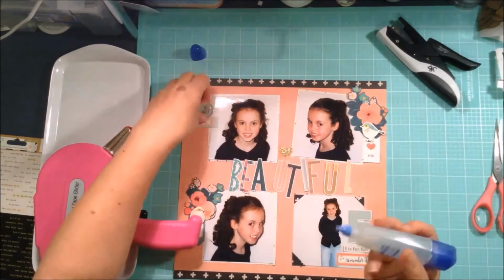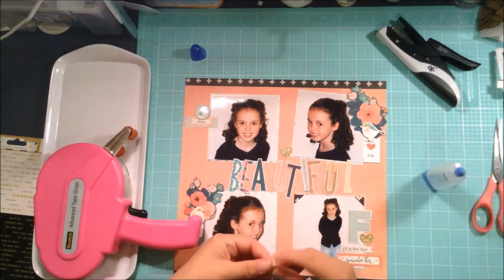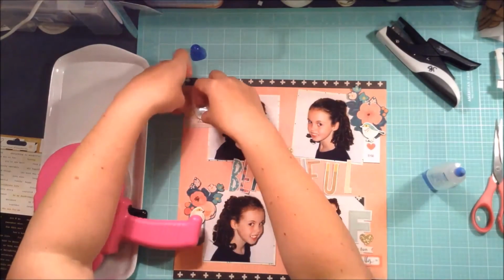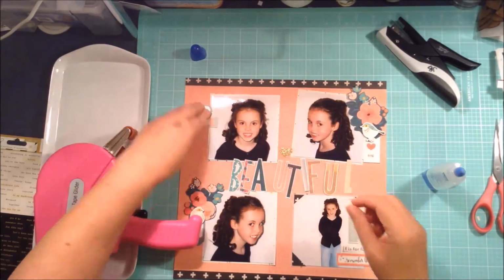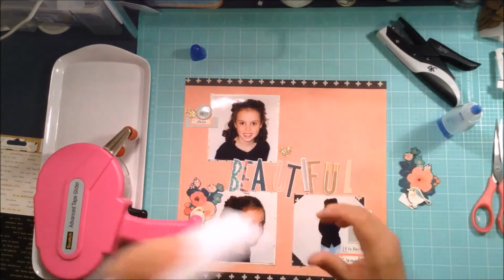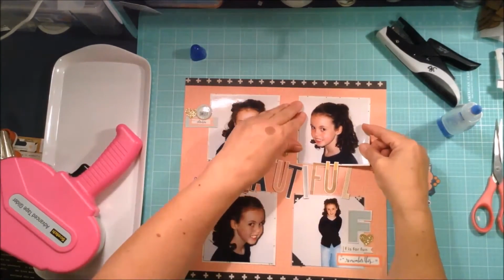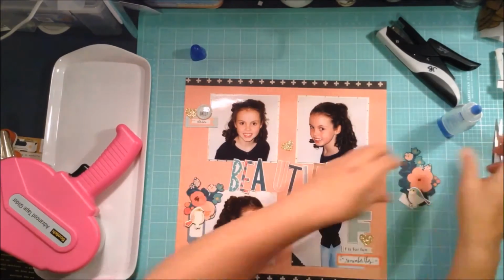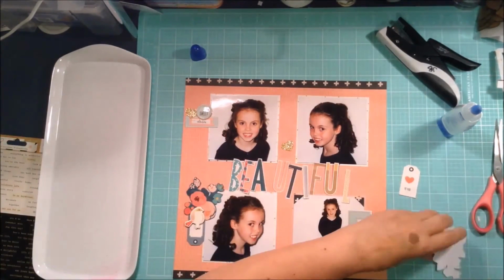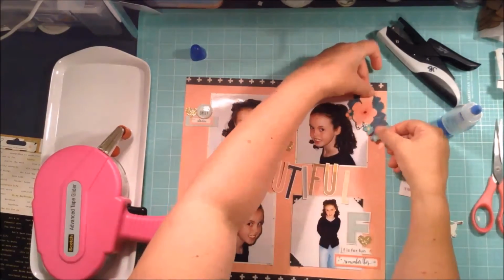And what have I got there? I've got that little homemade flare there that says "so sweet." I've got a little gold heart that are very similar to the Maggie Holmes hearts from the Shine collection, but these ones are just Target branded hearts. Sticking the last one down and putting all of the little embellishments on, sticking the photo down,